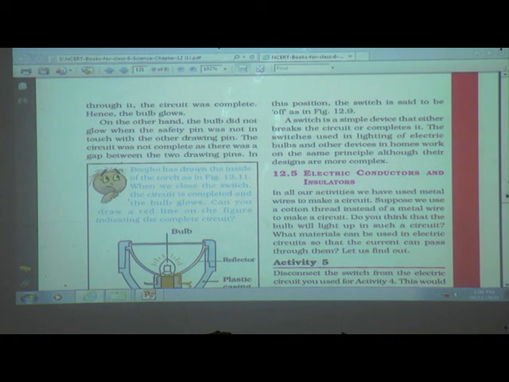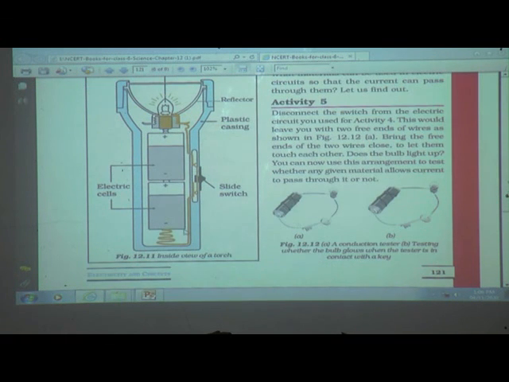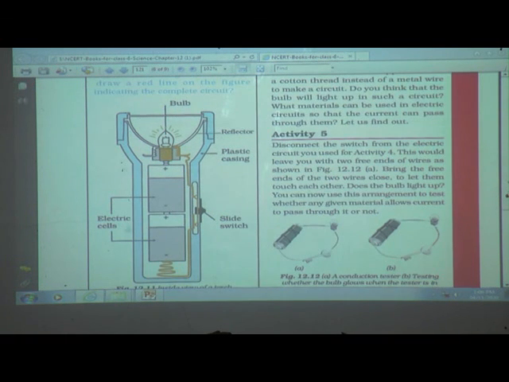Okay. Now we'll see the torch bulb. See here, inside the torch, electric cells, positive and negative. See, we need two cells here in this torch. See, this one is a positive and here is a negative. Again here is a positive and here a negative. When we make this type of arrangement, then and only then the bulb will glow.